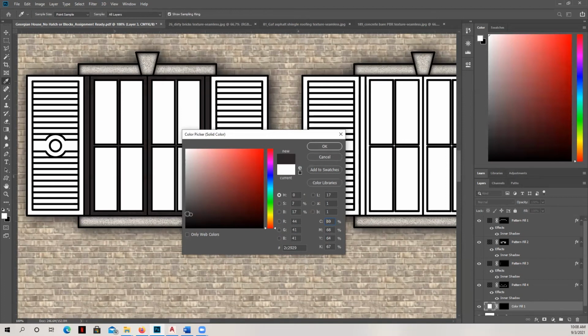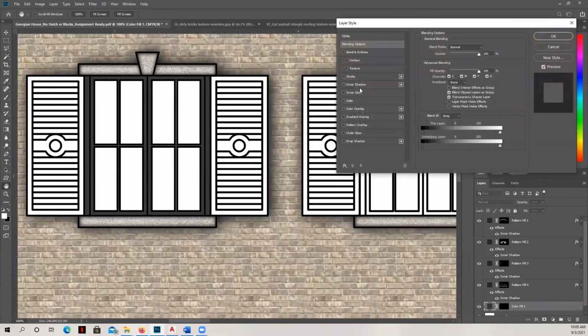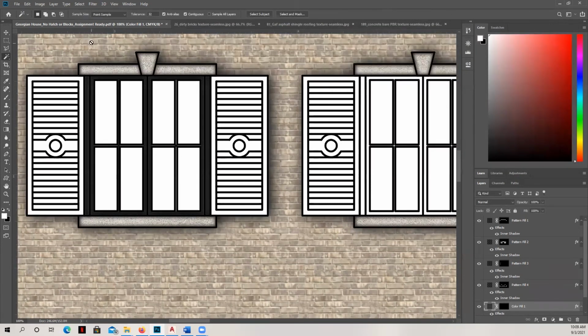And so that I'll be able to get a little bit more of that shade and shadow effect, because again, I don't want it to look too flat. Okay, so again, we're going to do that on all the windows. And then same thing here, inner shadow. Even if you can't see it very well, we want to still make sure that it's there and that it's going to give a little bit of emphasis to those.